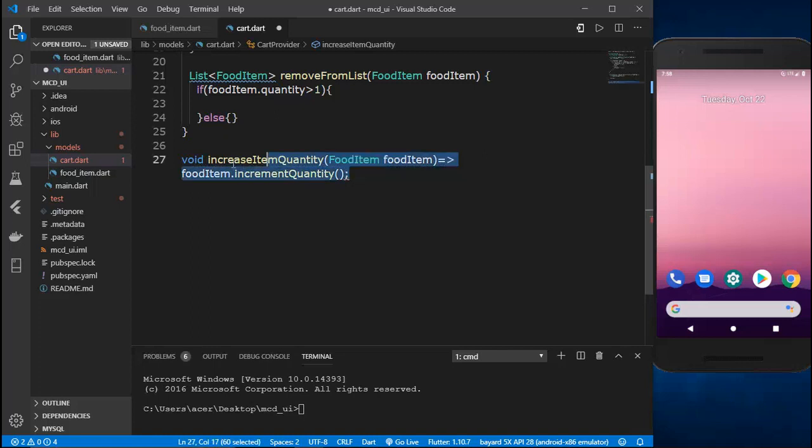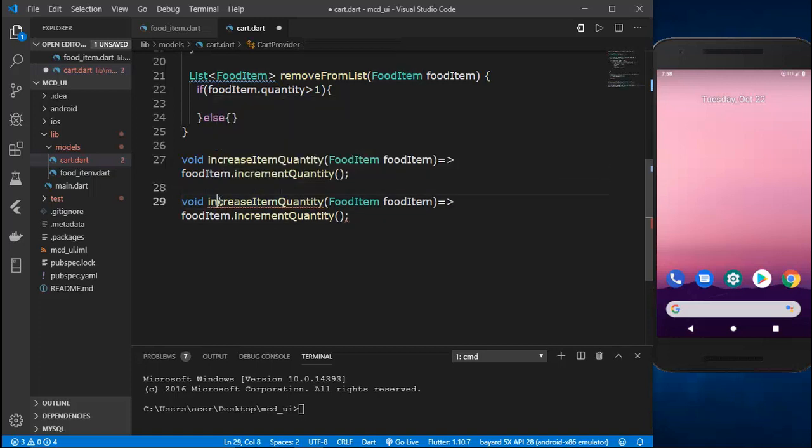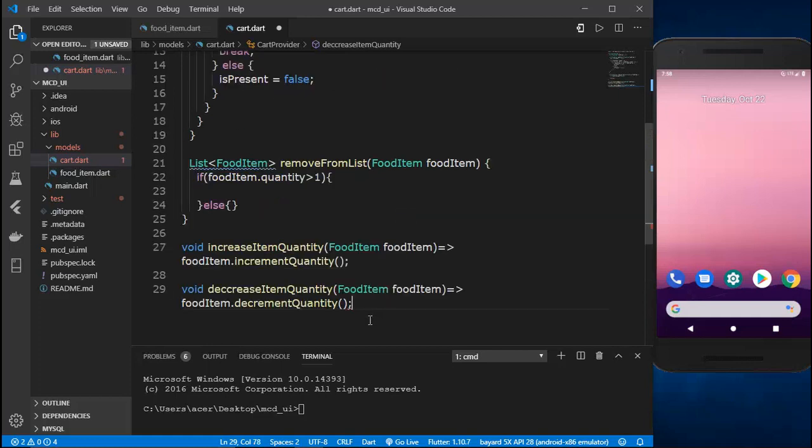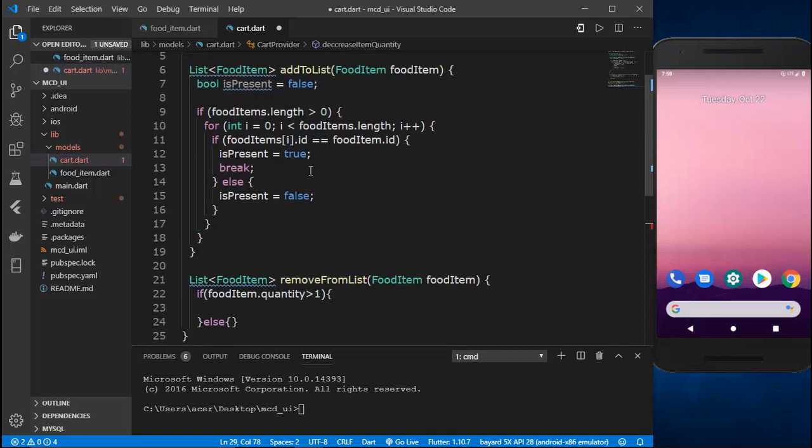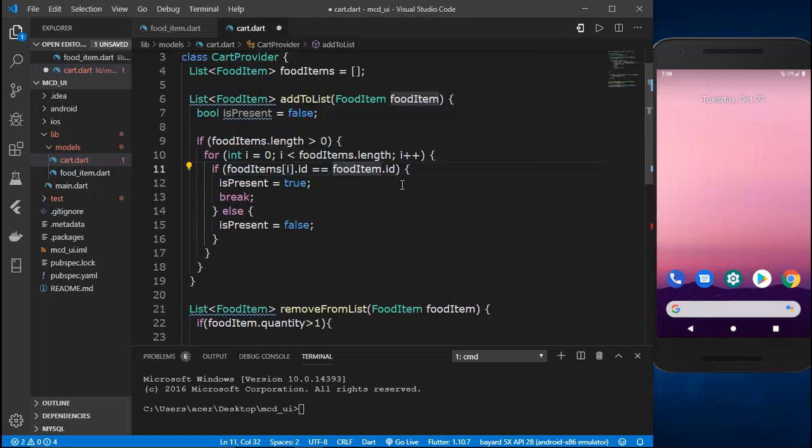Now I'm just going to copy this up and paste it right here. So now this one would be a decrease. So decrease item quantity, and it would be a decrement. So let's put it here, decrement. As you can see, we now have this method and we can apply it to the places we actually need it. So first of all, up here, if there is the food item of that particular ID,